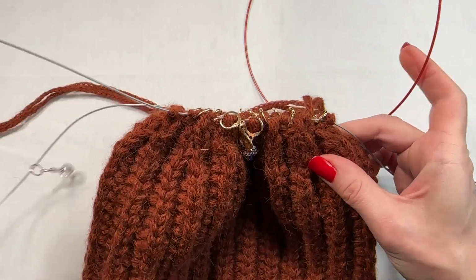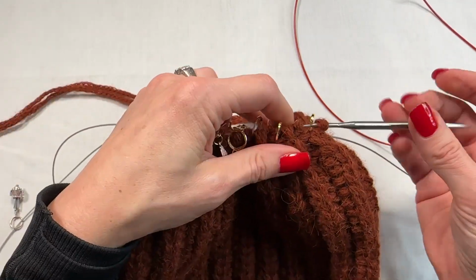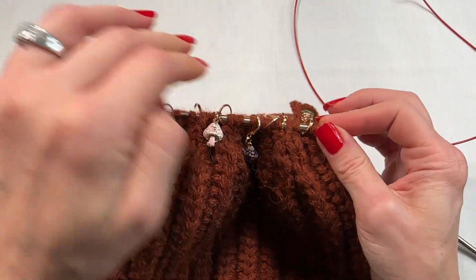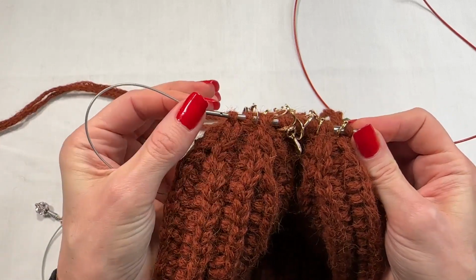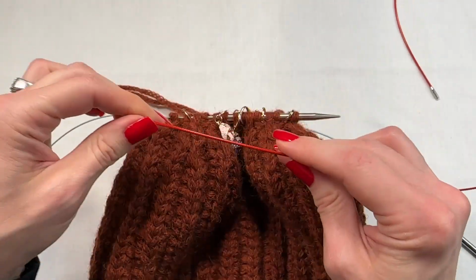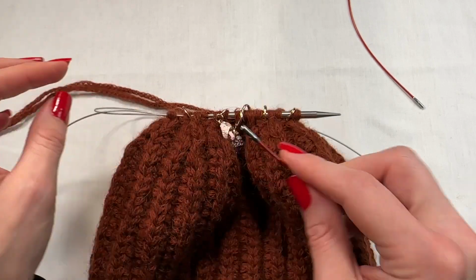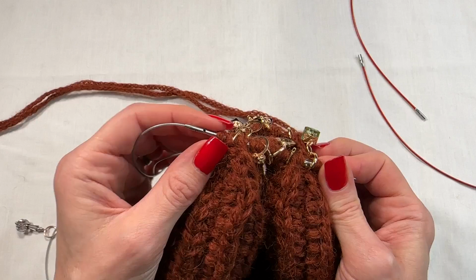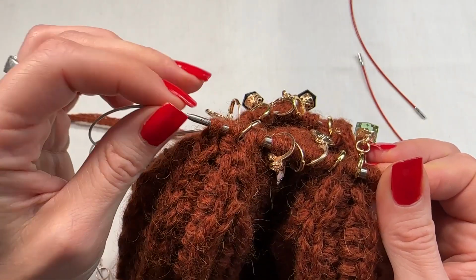The other thing that I don't like is that I need to pull it. It's okay, but my natural movement is to push it through, not to pull it from this end. I can adjust, it's okay, but this not being able to just push it through as easily as I do with these, and I will show you that in a second. I'll switch the cable and I'll come to this one and I'll show you how easy this cable glides through the stitches because of that tiny little part. And I understand it's necessary, but